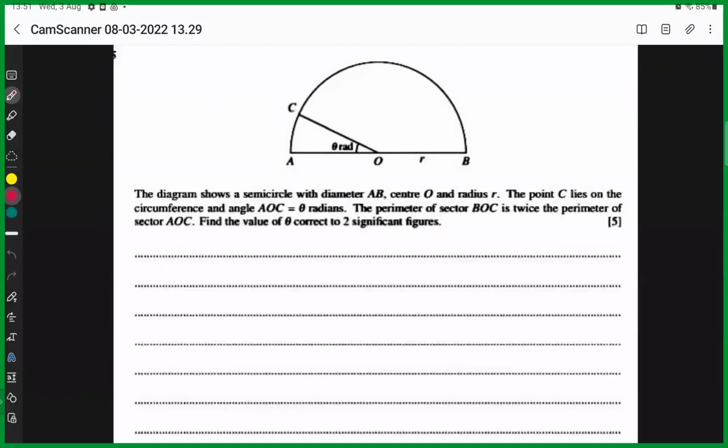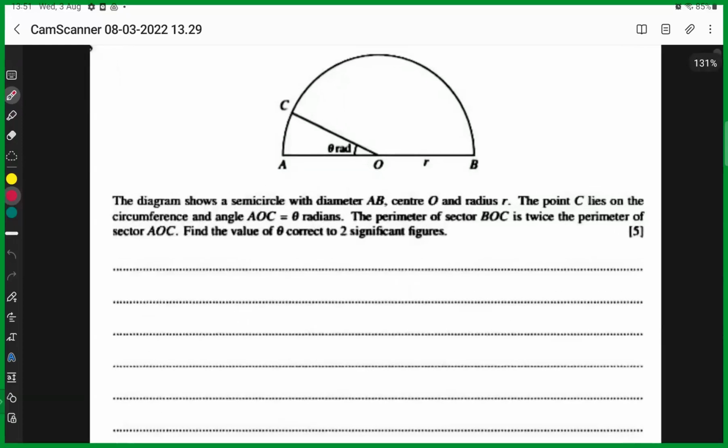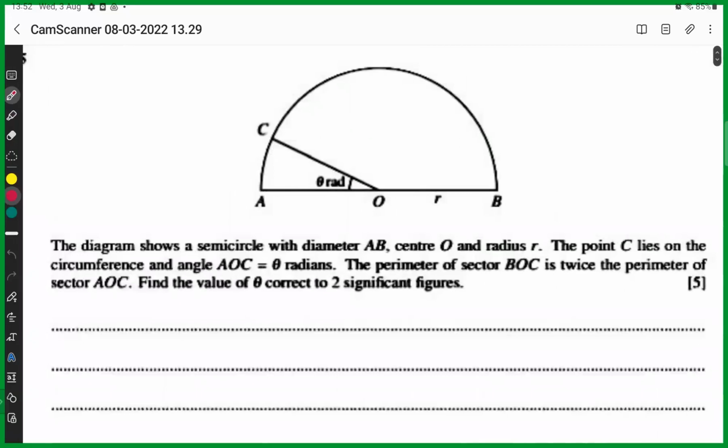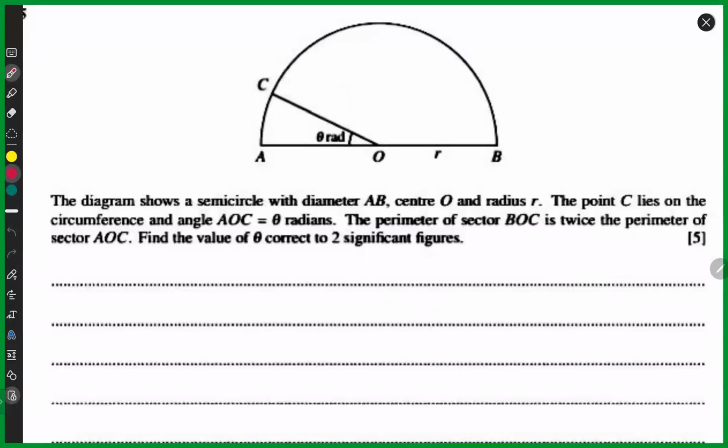This is basically from the year 2019. It's question number 5 of the paper, and it says, the diagram shows a semicircle with diameter AB, center O, and